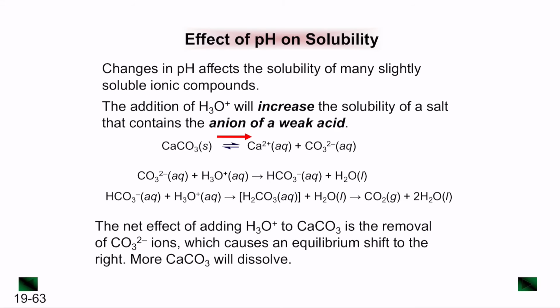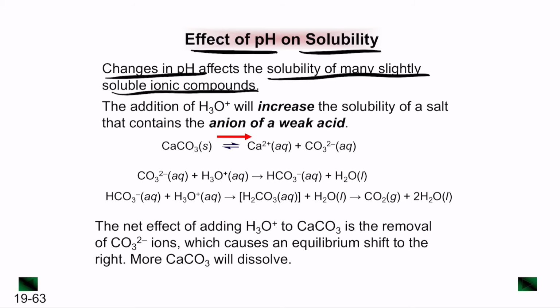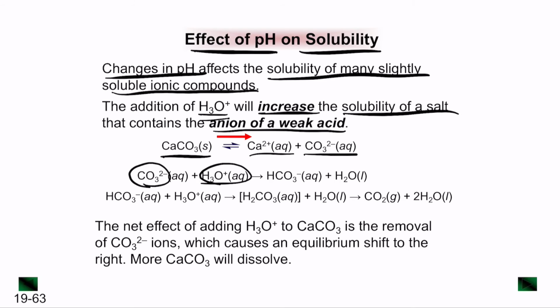Next, let's talk about the effect of pH on solubility. Changes in pH affect the solubility of many slightly soluble ionic compounds, and the addition of H3O+ will increase the solubility of a salt that contains the anion of a weak acid. For example, calcium carbonate, where you have Ca2+ plus CO3 2-. When you add H3O+, the CO3 2- forms HCO3-, bicarbonate,